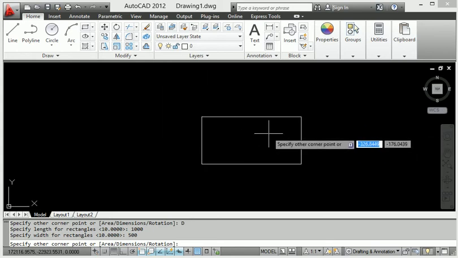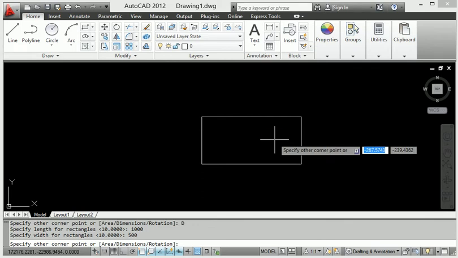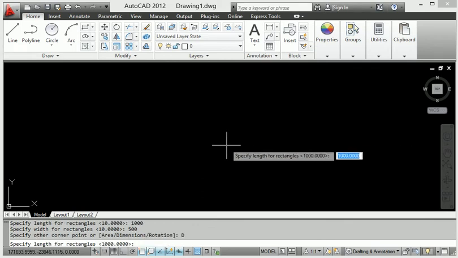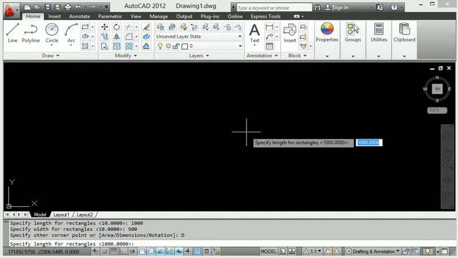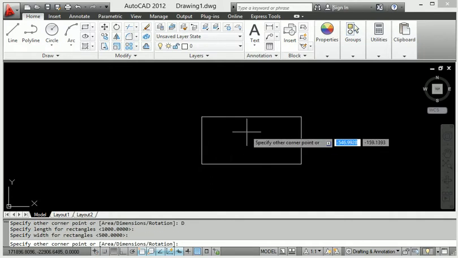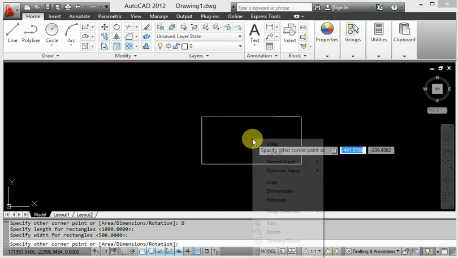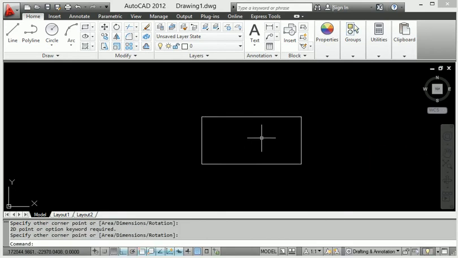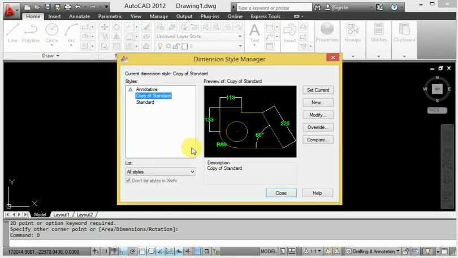So when I go to set the format, look at this format here.